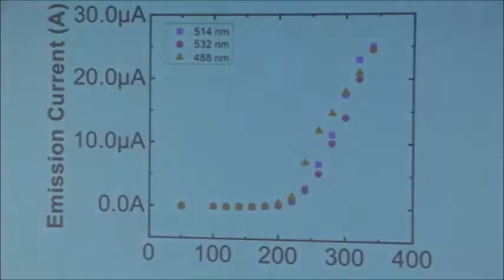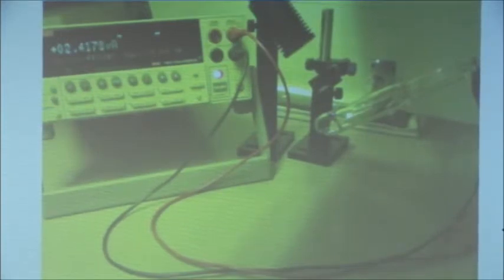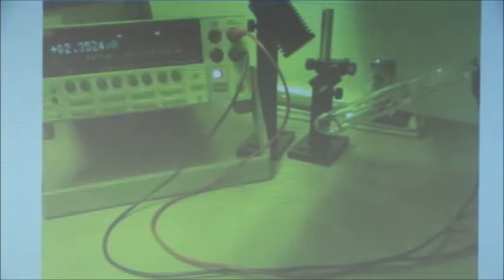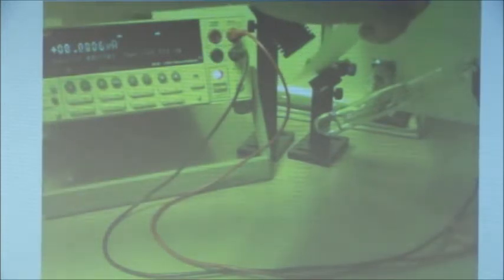Now you might say this is not localized, but you have to take my word for it because this is dispersed by the glass. But I showed you an image earlier where with a good high resolution camera you see the local glow. And in fact, same thing, but in this case, we're also applying a little bit of positive voltage to that counter electrode to collect the electrons that come out. So you see that whenever this turns on, you get a good electron emission current out of it. So same exercise as before.